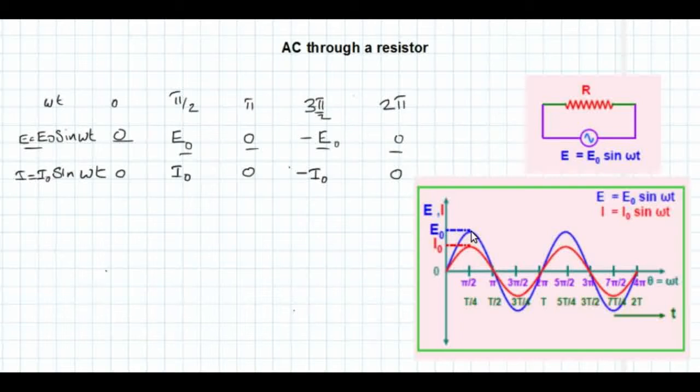In the next half cycle, you can see that E then decreases to 0. That means when omega t becomes pi, E becomes 0. Here you can see when it is pi, E is equal to 0. So by the time EMF reduces to 0, the current also reduces to 0, right? Then we can see that this EMF increases on the negative side. That means it becomes minus E0, right? So these are the points we have discussed.